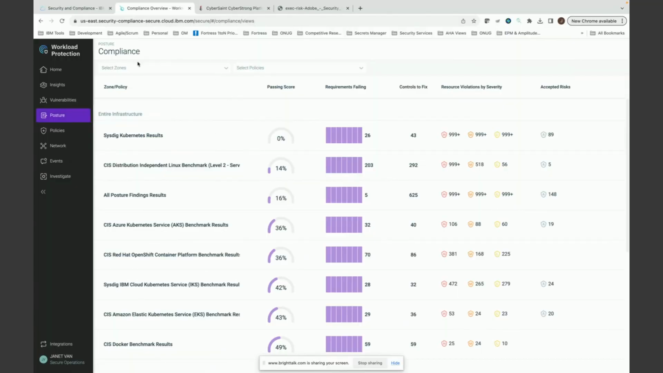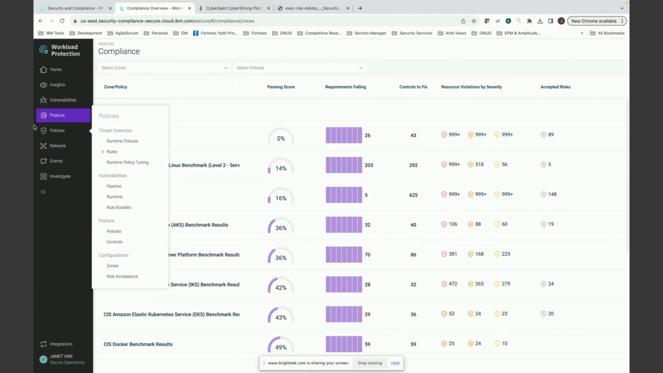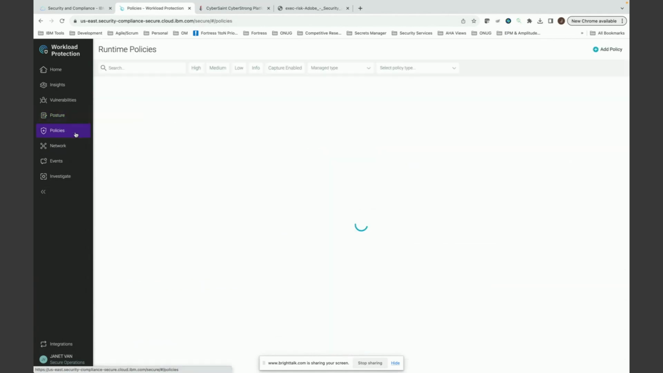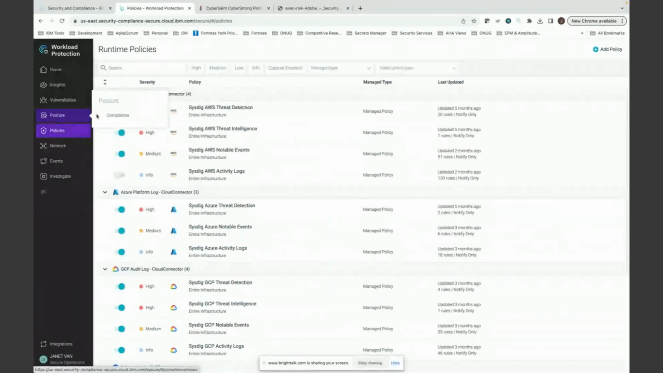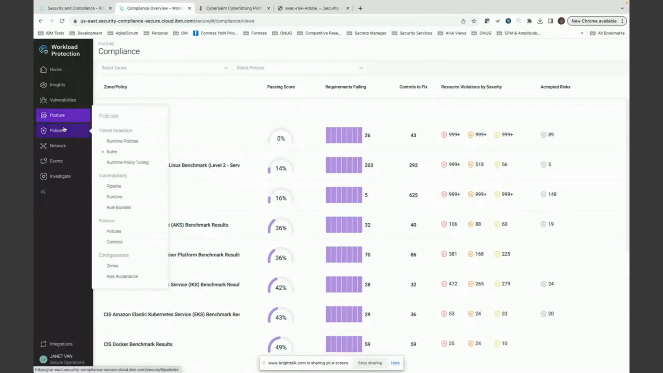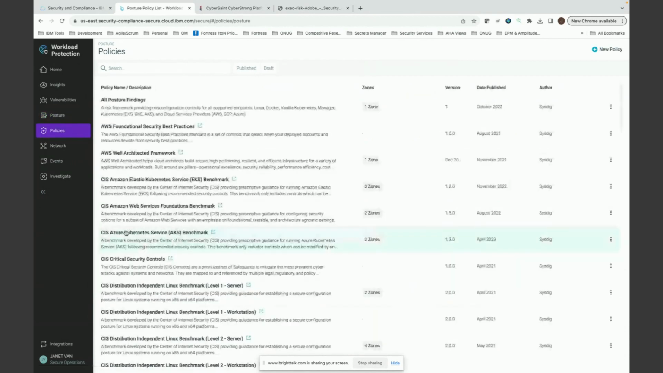Real quick, just to say, we'll talk a little bit about the workload protection piece. And again, with the compliance posture, you can see here, it's done across hybrid multi-cloud. And just to briefly show through the policies, apologies for not being able to showcase that earlier, you can really see, again, we have policies across for threat, vulnerabilities, and posture, and there's all going to be some level of